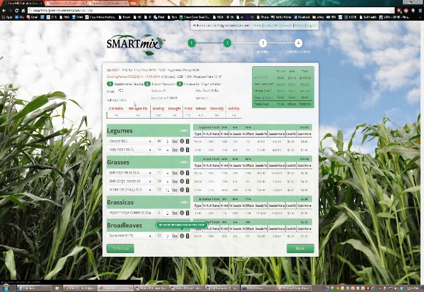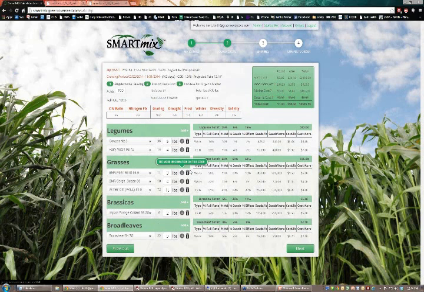And we like to see that somewhere around 125, or if we're mixing warm and cool season species together like we are here with having the vetch and the collards and the oats, we can probably push that on up to 140 or 150, but 169 is too high. So I think as I look at this mix, I think we've got too much stuff in here. So I'm going to kind of back off some of my pounds here and see if we can get that down to around 140.